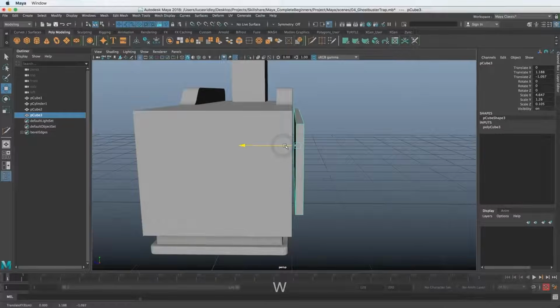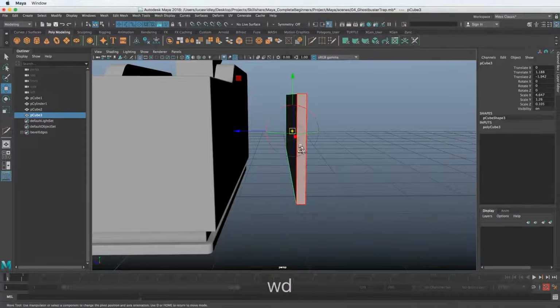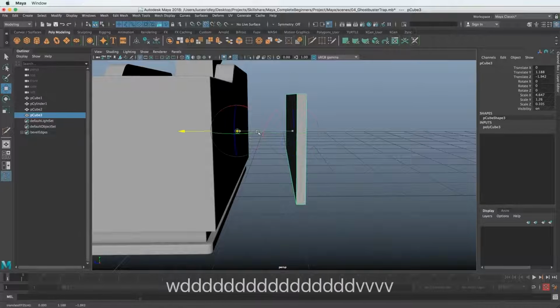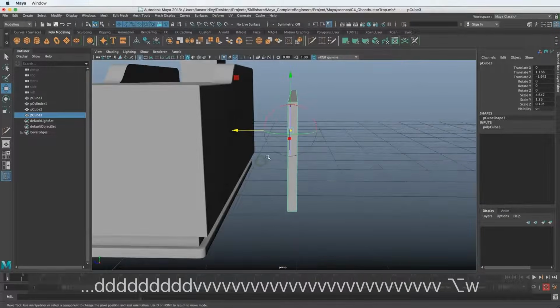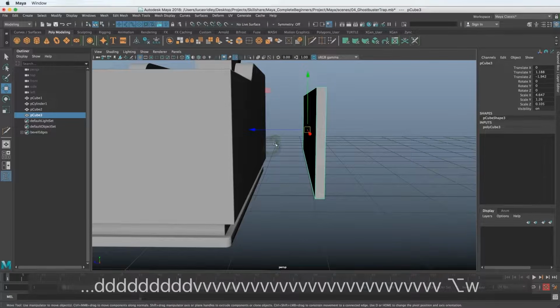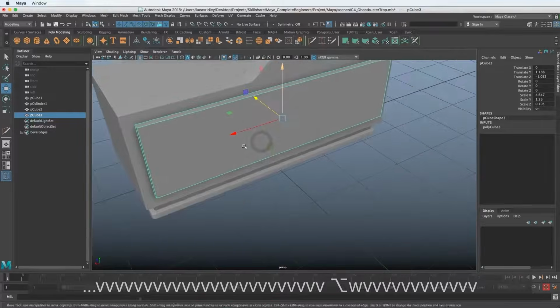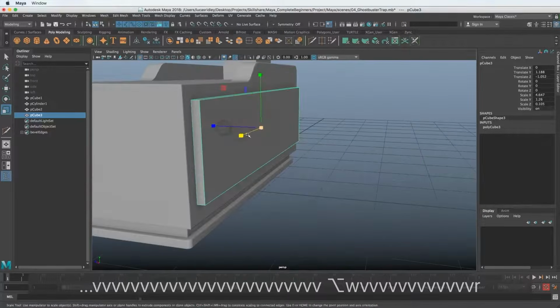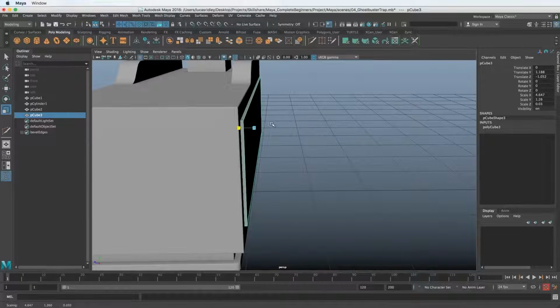So we can do the same thing that we did before. Let's hold down D and V and vertex snap it to its farthest edge, and then go back to the manipulator mode and then hold down V with just the normal move tool, and it'll snap right to that face. And so now also when we scale it, it should scale from that face. So we don't have to worry about going inside of the trap itself.